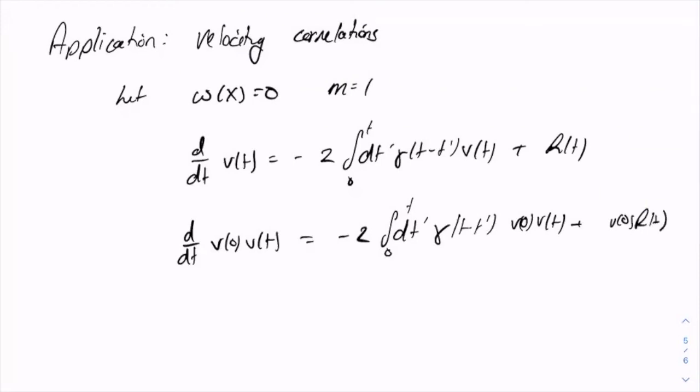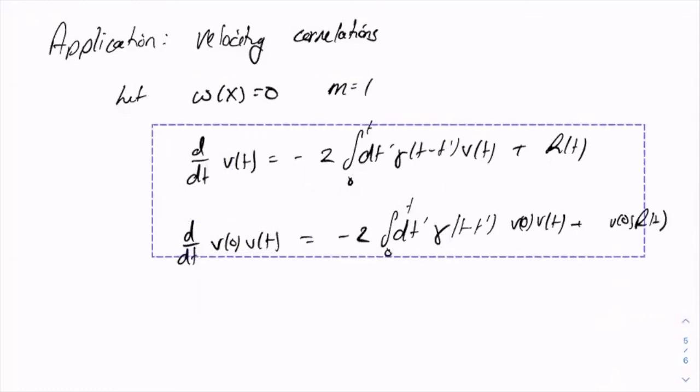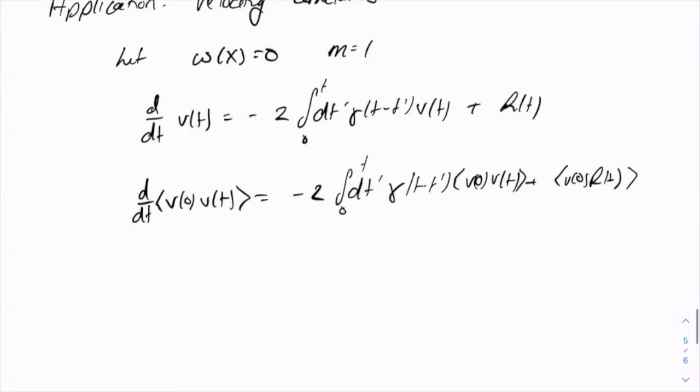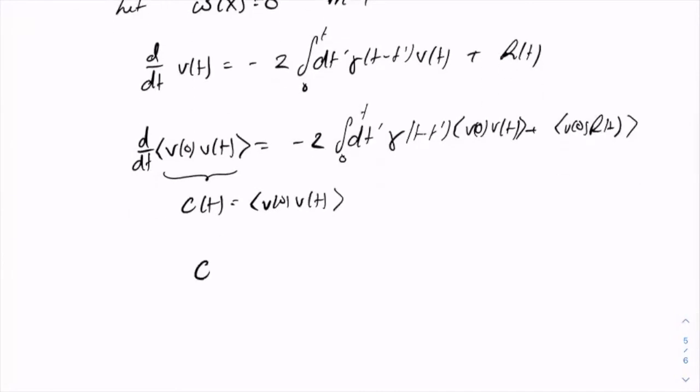Like so. And now I could ask for its average. Again, a linear operation commutes with differentials, like so. So now this gives me an explicit equation for the time dependence of the velocity-velocity autocorrelation function. Specifically, replacing that definition, I have